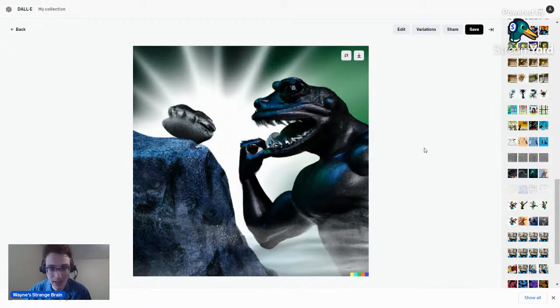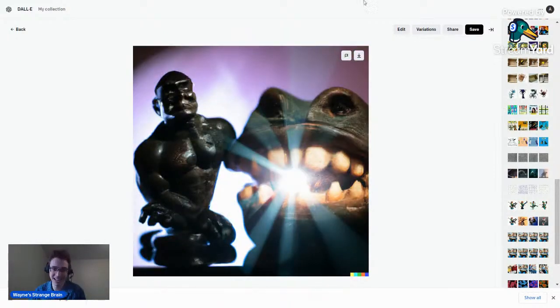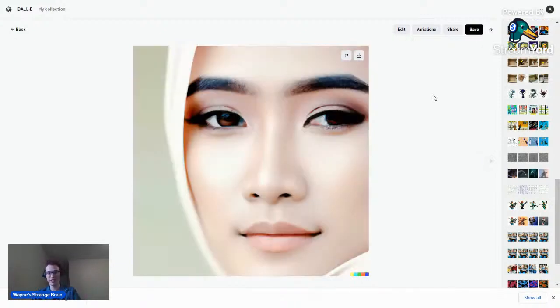So here's what we've got. This is probably the closest to what you wanted, I'd say. It is a muscular frog man with a lot of teeth, with shining rocks, and he's black like obsidian. Yeah. And then these are pretty funny. I don't know how I feel about them. They don't speak to me emotionally like the duck one did.